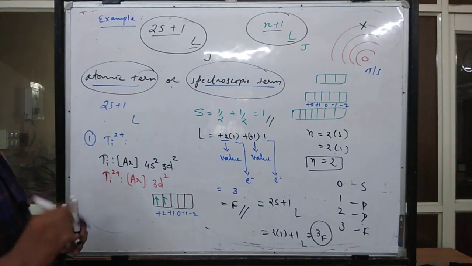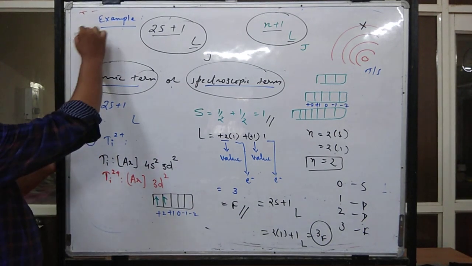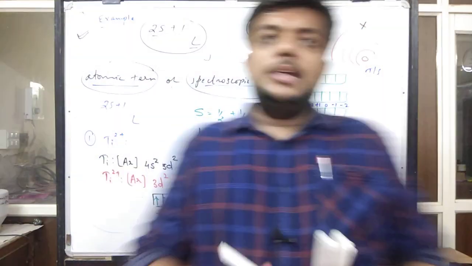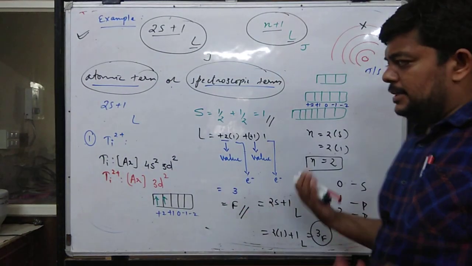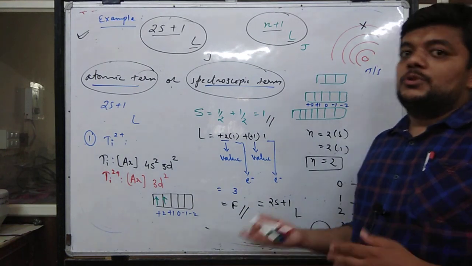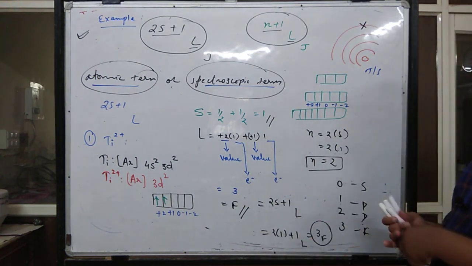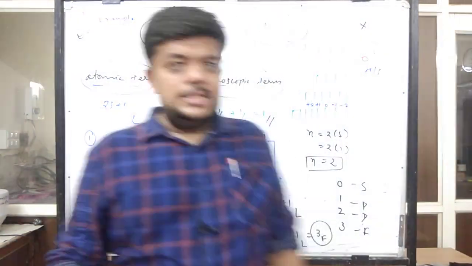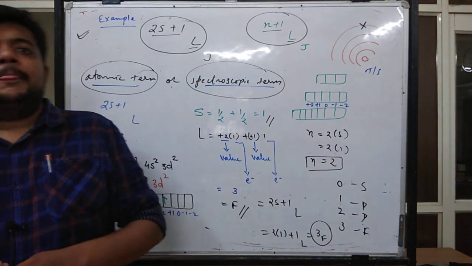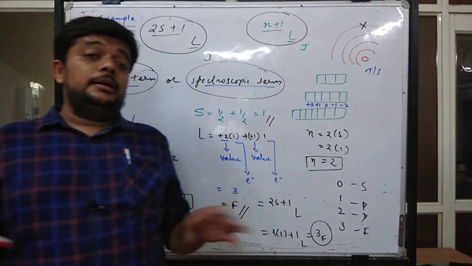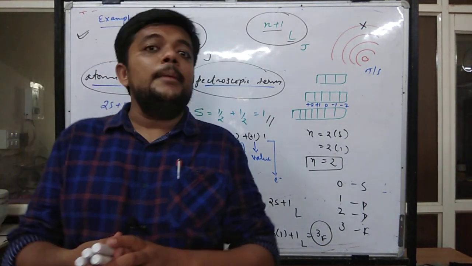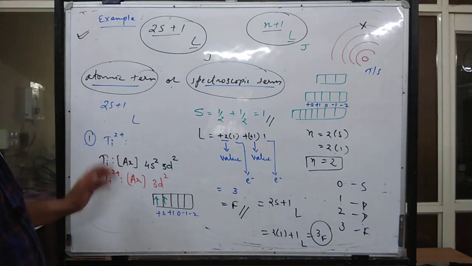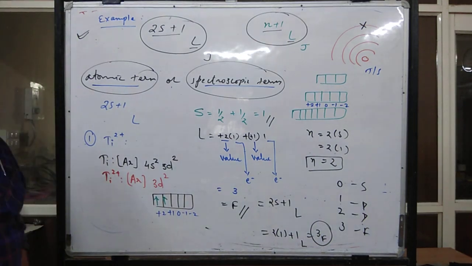This is how an example can be solved in this term symbol category. So this is a kind of an example that sometimes, if asked, needs to be solved. Here might be a question regarding the J, but as I already mentioned in the previous class, before going into that category, I want to make very clear the L greater than S and L less than S concept, and henceforth I am not going to involve it over here. So this is the question and we are supposed to solve this.